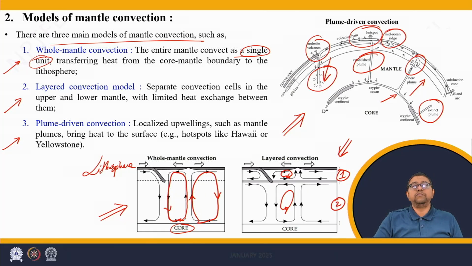Other evidences which are occurring on the surface of the earth and observed that give justification for plume-driven convection are the formation of ridges such as the mid-oceanic ridge, volcanic chain mountains, andesite volcanoes, island arcs, etc. These are very unique geodynamic signatures which are supporting the plume-driven convection model of the mantle.